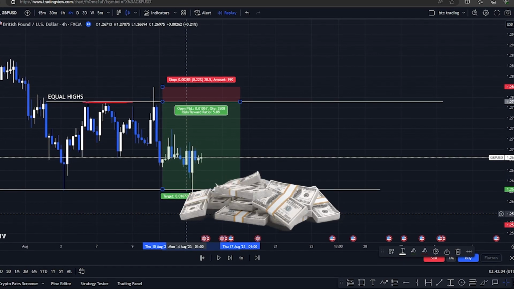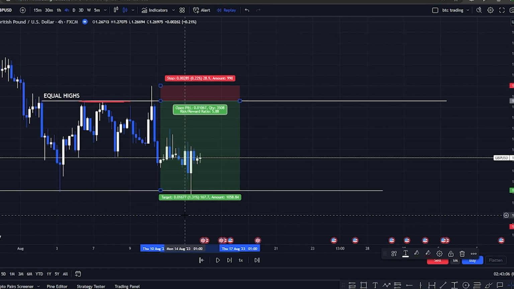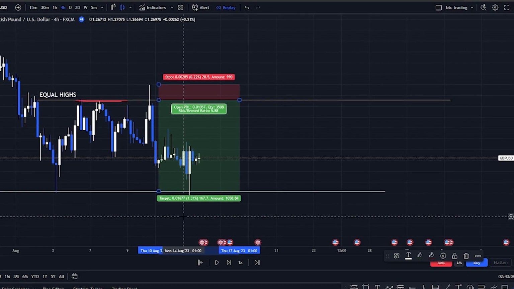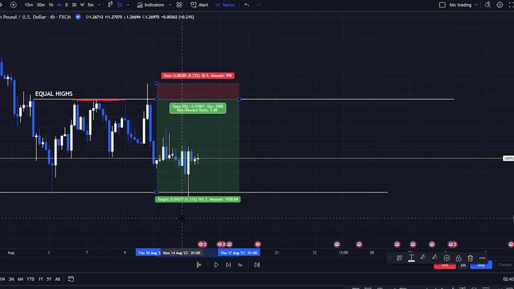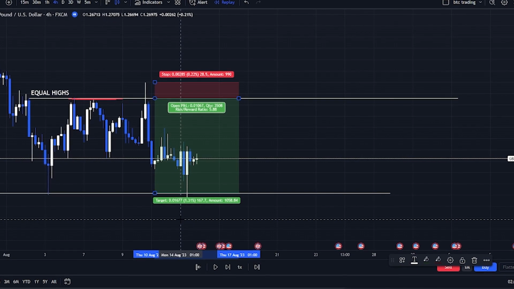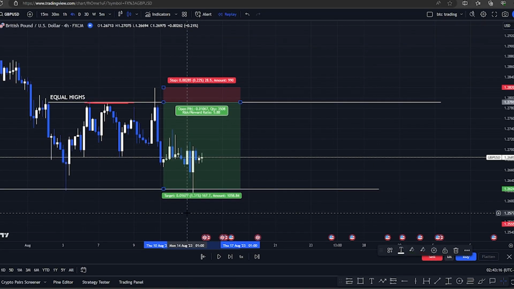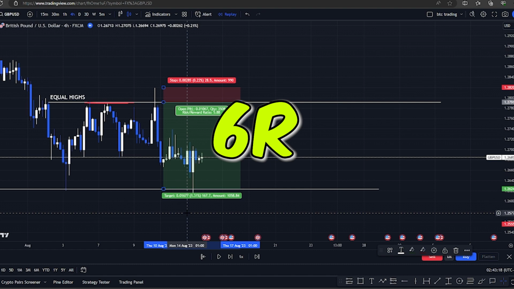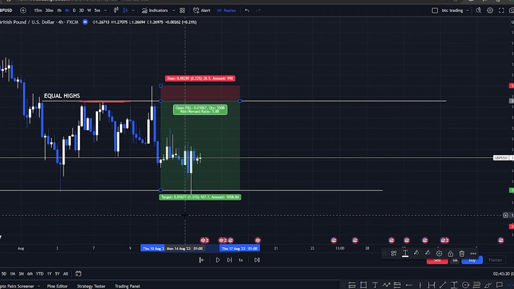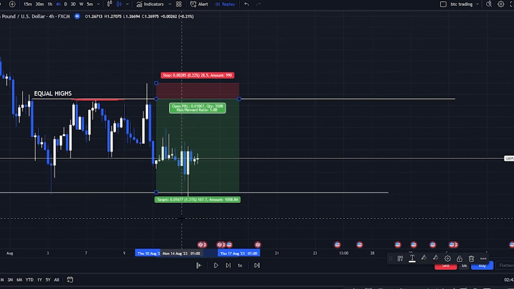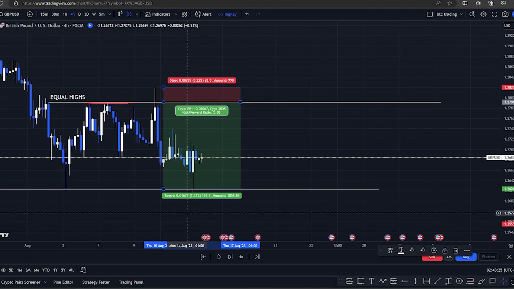So you can see we just applied the simple equal highs or equal lows, or range highs or range lows concept on the 4 hour, that is the higher time frame, and took a trade on the liquidity sweep. So this gave us a 6 hour trade which was successful. If you apply these types of concepts on the higher time frame such as the 4 hour or the daily, it will give you a higher win rate.